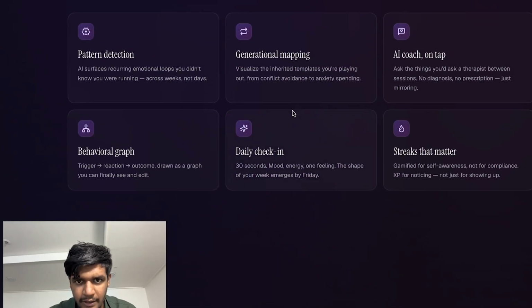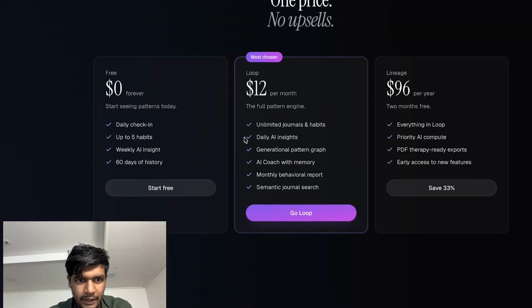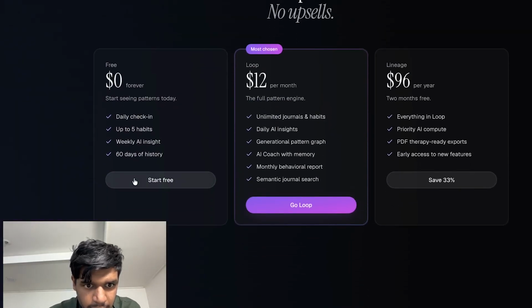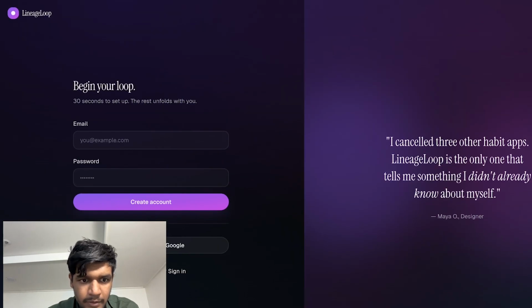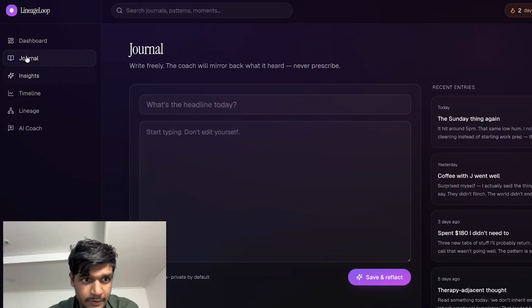I didn't give the API keys, so this one is totally free. Go loop, 12.6 per month, ultimate journal, habits, insight and coaching. So pretty amazing. I didn't give the Supabase keys for real sign-ins or something, but look at all the things. Oh my gosh,